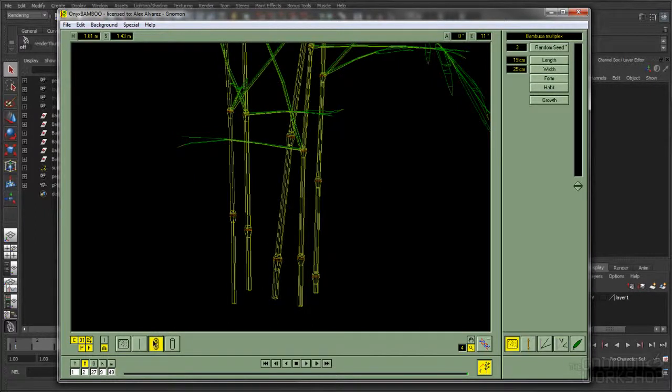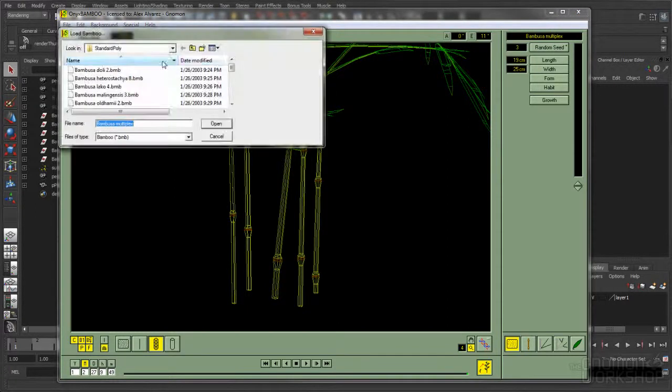So the geometry or the OBJ that you export will have those breaks. You can choose to not have them, but the standard poly ones would have those breaks, which obviously adds some extra polys, which for near ground bamboo would be logical. While the low poly bamboo do not draw those breaks, but you can control that yourself, even using any of the standard poly